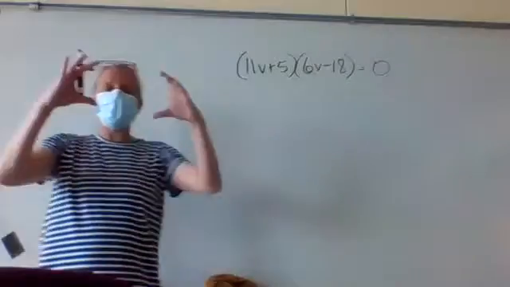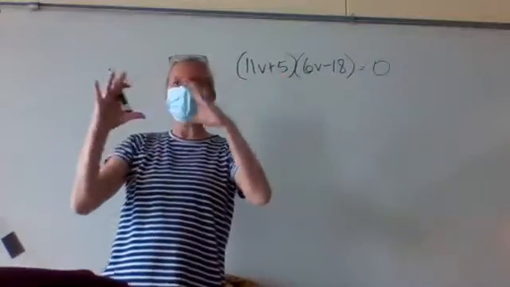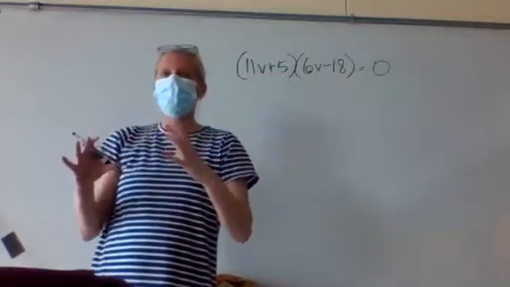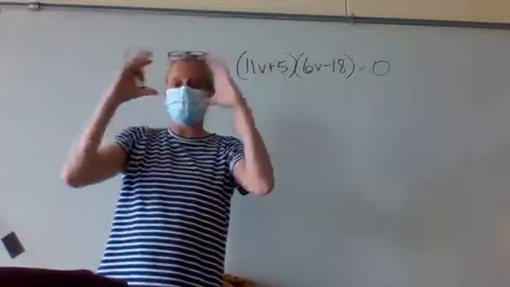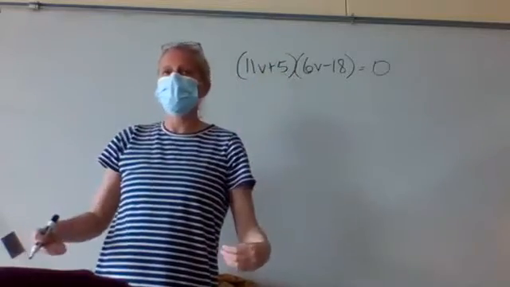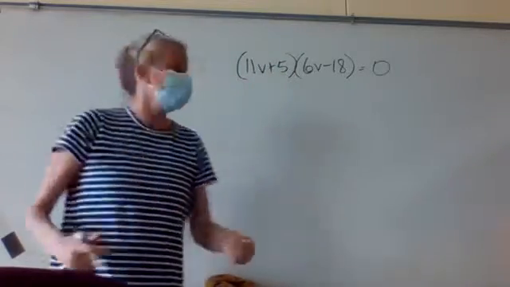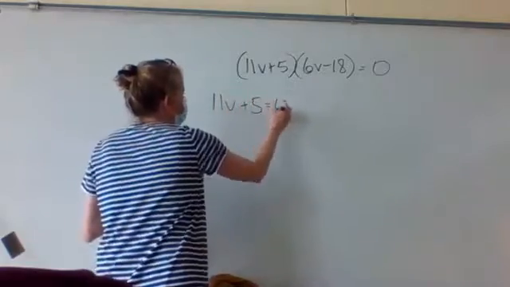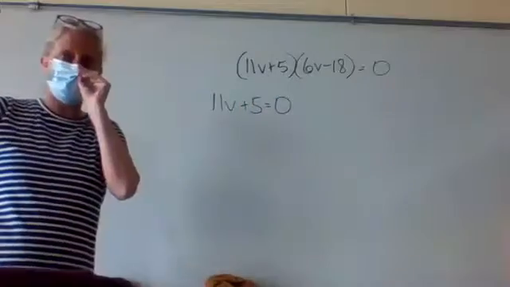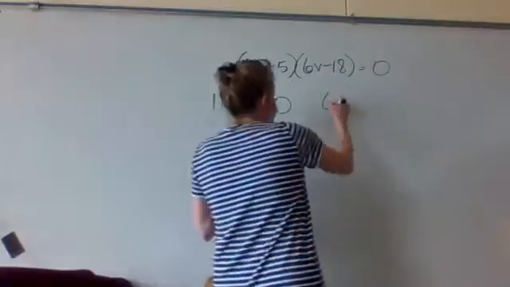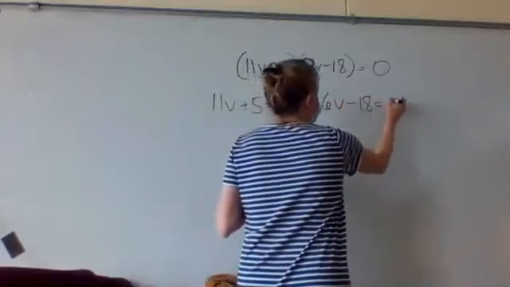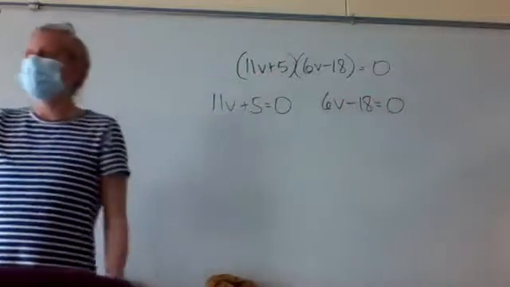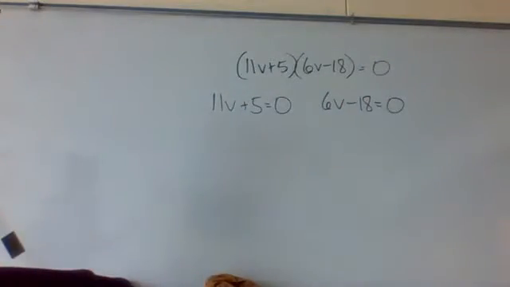So remember, if it gives it to you already in the factored form, you just set each of the factors equal to 0 and solve them for v. So this one, 11v plus 5, I'll set that equal to 0 and solve it. And this one, 6v minus 18, I'll set that one equal to 0 and solve it to get my 2